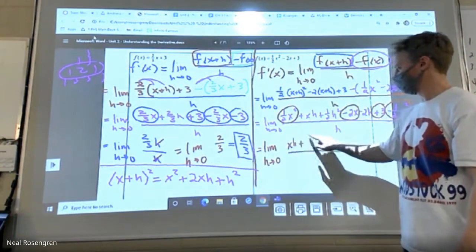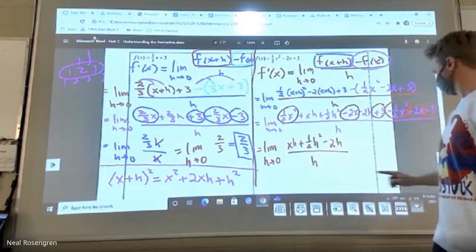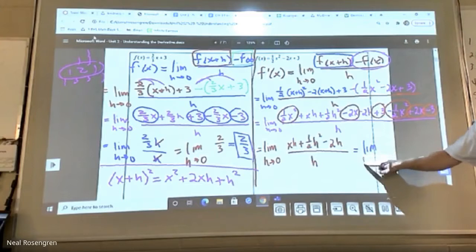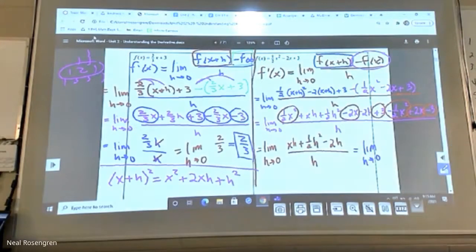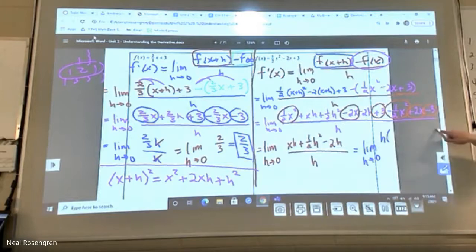xh, I just like to take a second and write it down, see what we're working with. Plus 1/2 h squared minus 2h all over h. Yes, they do. Absolutely they do. And what's great is that that is always going to be true as well. Everything you cancel out will have an h. Everything that's left will. Because the problem that I have is plugging in 0. Can't do it. So if I could divide away h, right, h on top, h on bottom, then I don't worry about it because I've removed the issue. Okay, well, how do I divide away h? I'm going to factor it out. So that's what we're going to do. We're going to pull that h out from the top and see what's left.